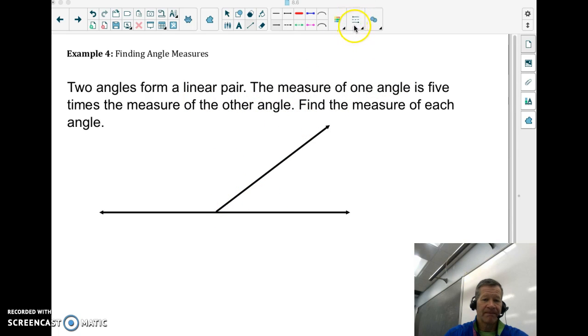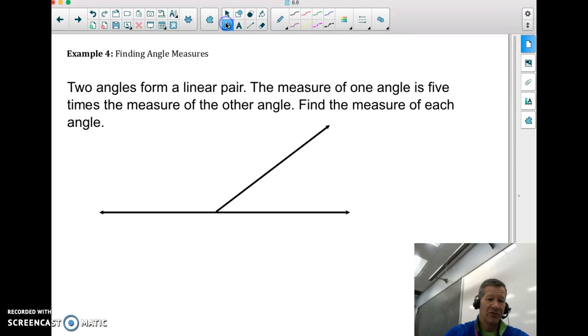So let's say that I know the measure of one angle is 5 times the measure of the other. So the deal here is I don't know how big either angle